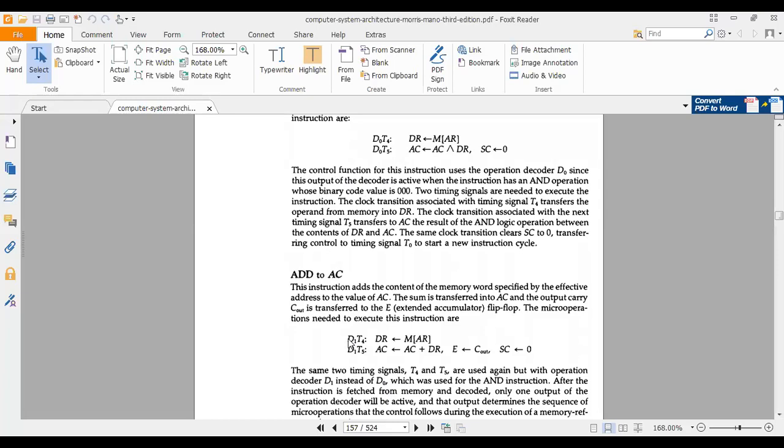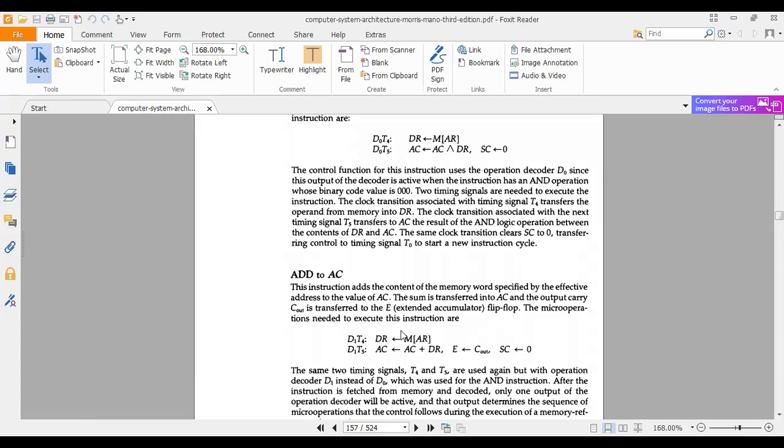Okay, D1 means addition, add. T4 is for bringing the data from the memory location to the data register. As I mentioned in our last class, whenever there is a hard bracket, that means the contents, the data of the memory location. So the contents of the memory location indicated by AR come to the data register. Now the B data, the second data, is at the data register, and the first data is already in the accumulator.